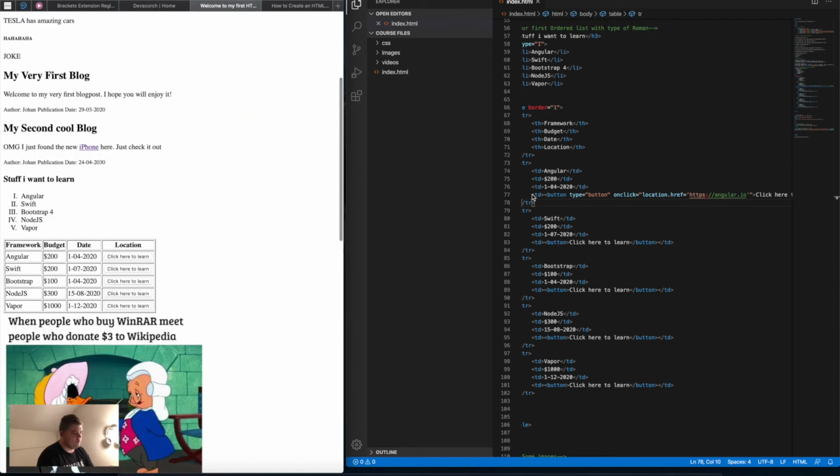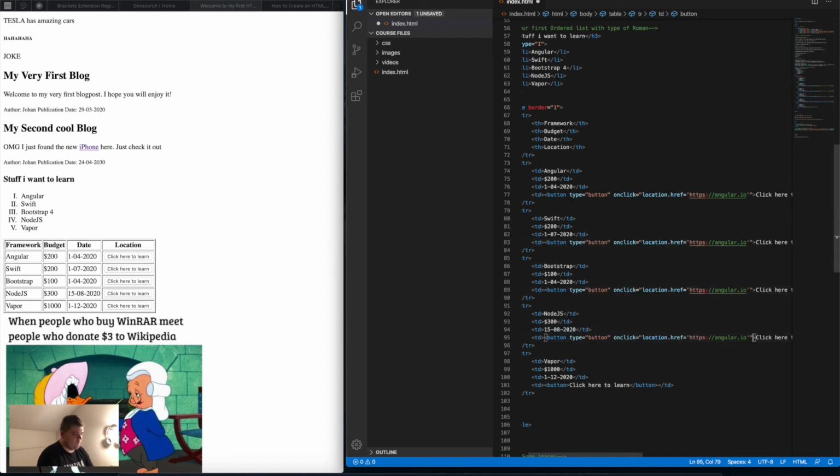So what we're gonna do, we're gonna add the type till the location href. We're gonna paste this in all the button attributes. Of course, if you want to write it, you can write it as well, but it doesn't work if you have to write 10 times the same thing. It's easier to copy and paste it for me personally. So the second one is Swift,